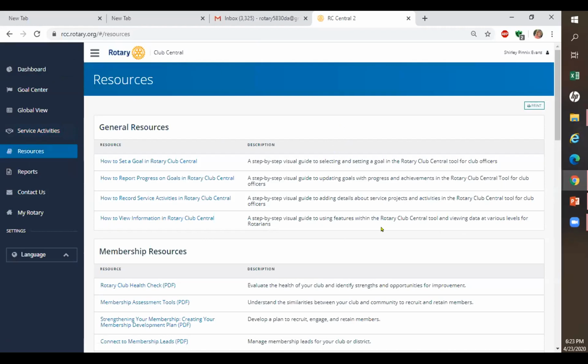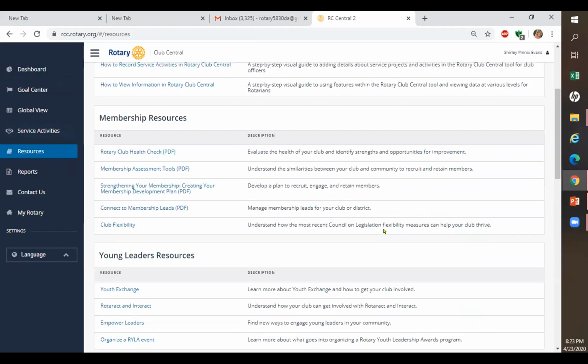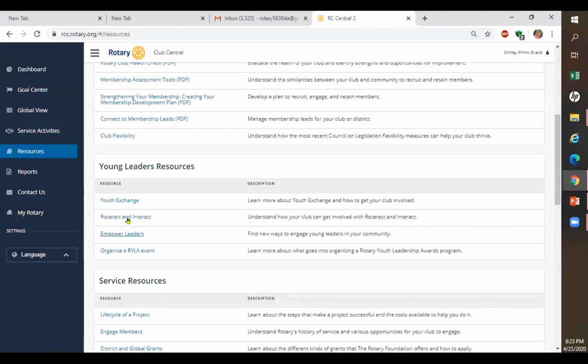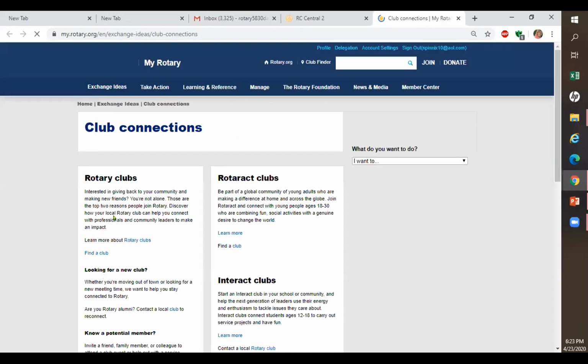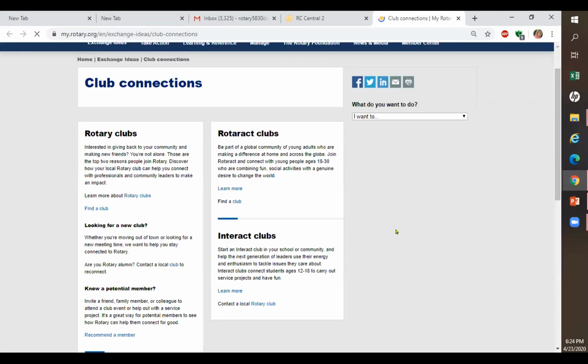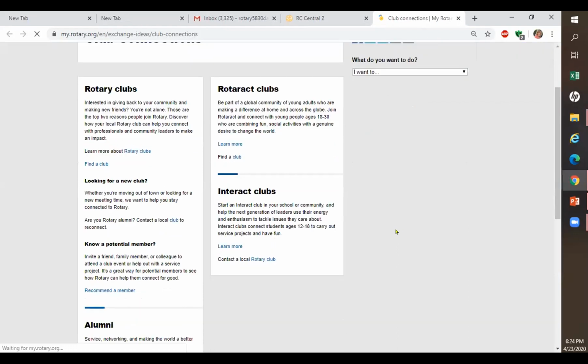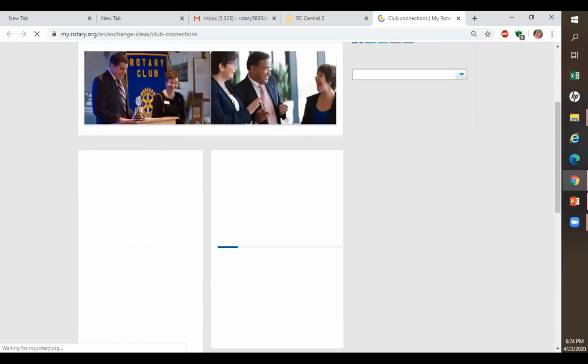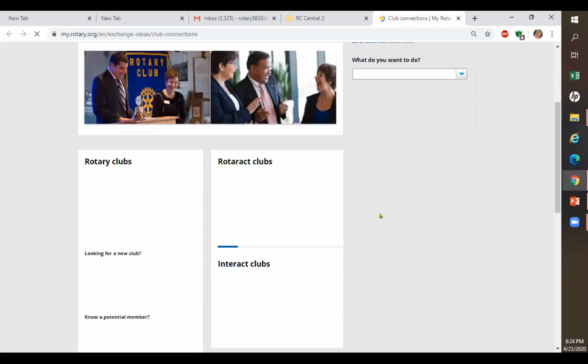I have people ask me all the time, I need to know more information about Rotaract or Interact. So I went to resources and I clicked on Rotaract Interact, and it brought up some information, and it actually went to the RI website. And depending on if I wanted to know more about Interact or Rotaract,